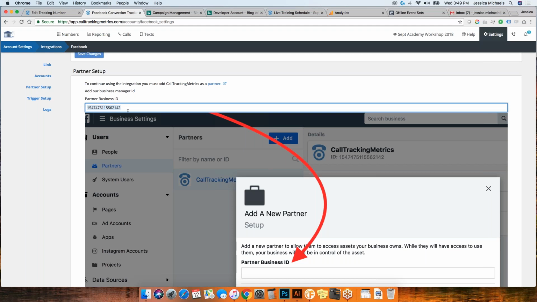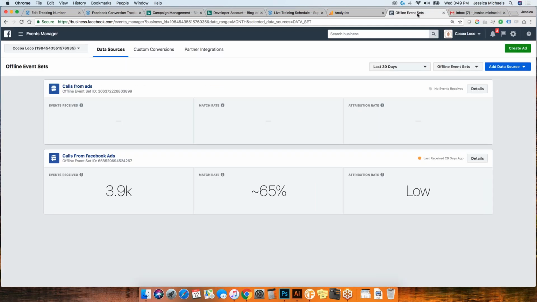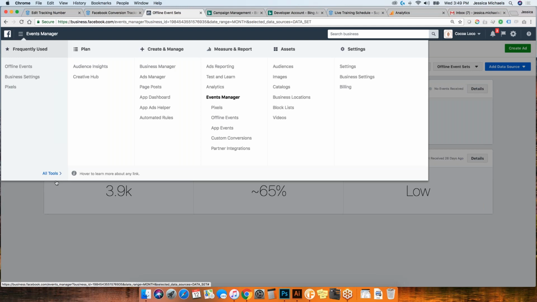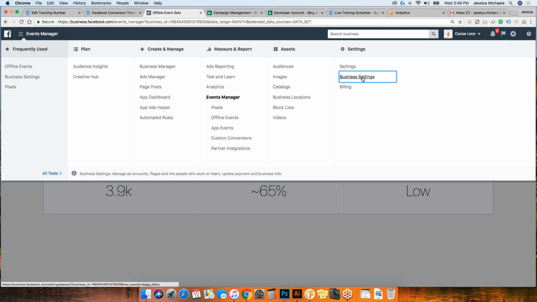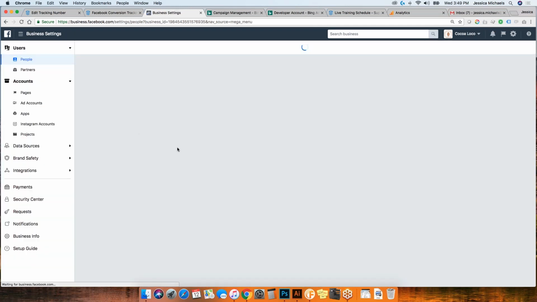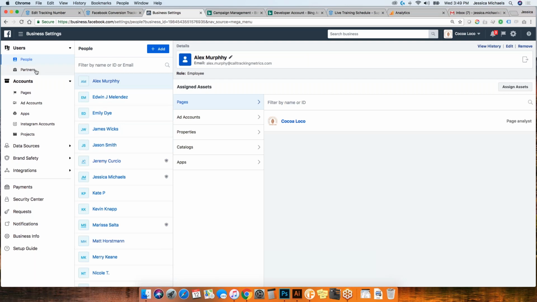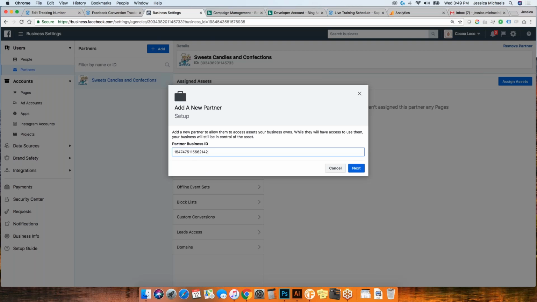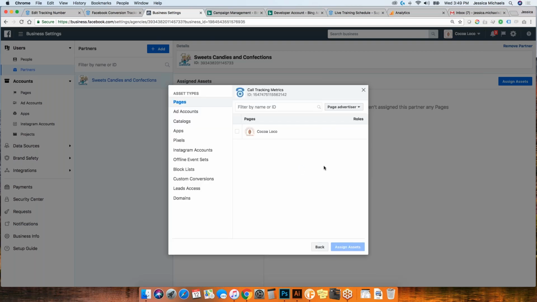So we want to grab this. And then here is my Facebook ads account. So I want to head over to my business settings and then go to partners. I'm going to want to add us as a partner and then paste in that partner ID. So perfect.